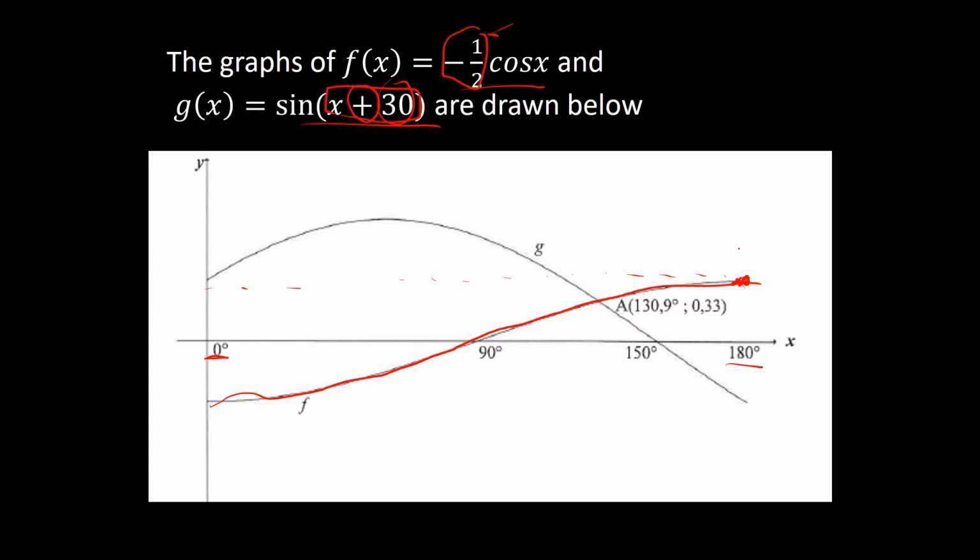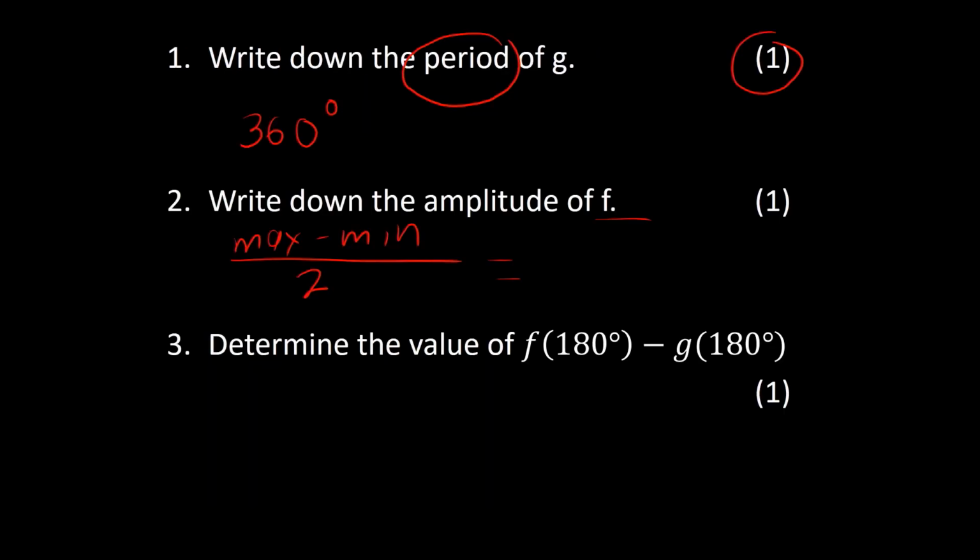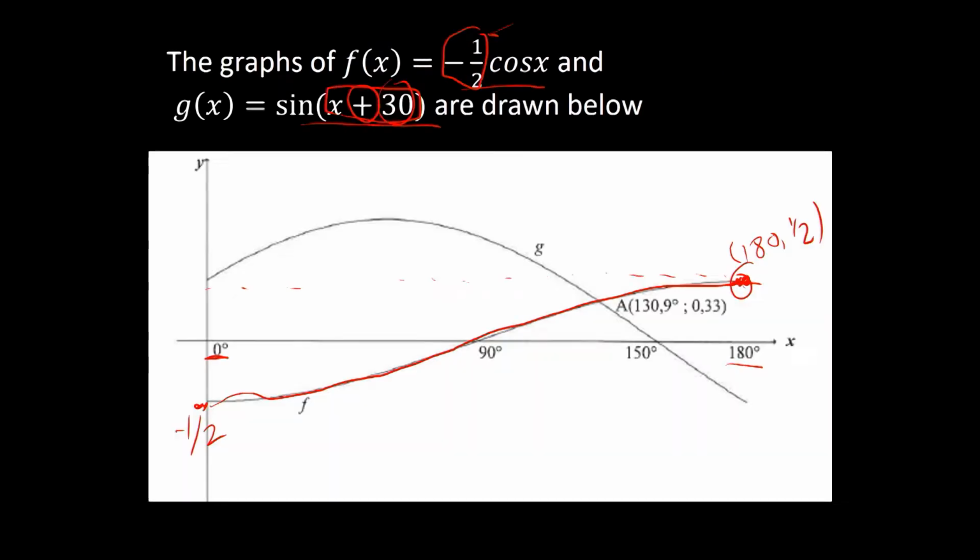Okay, so this point here is 180 degrees and a half. So the maximum value is a half, and the minimum value here at 0 is negative a half. So therefore your amplitude is going to be a half minus negative a half, over 2. All right, a half minus a negative half is 1, a half plus a half essentially, and 1 over 2 is